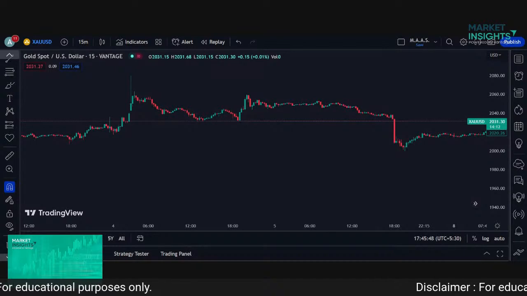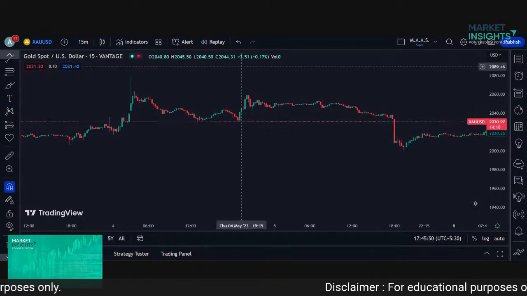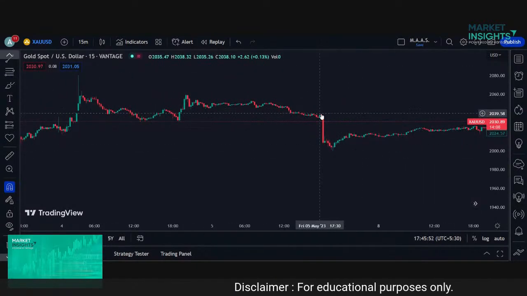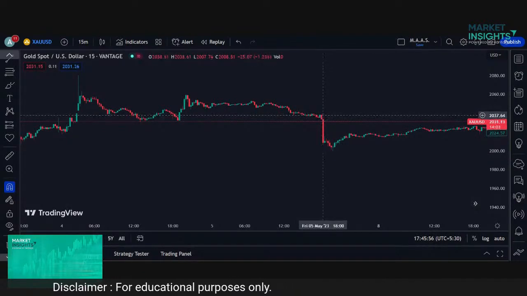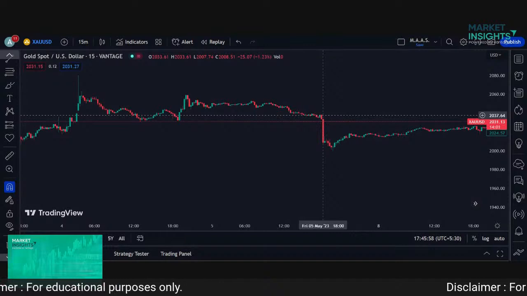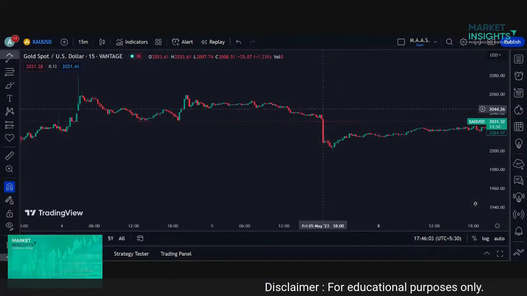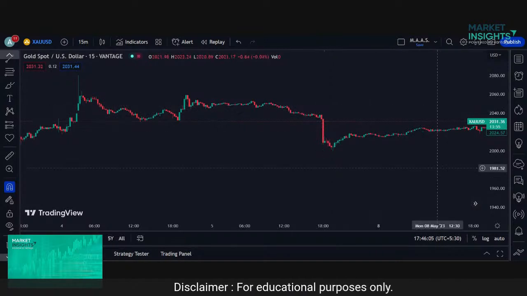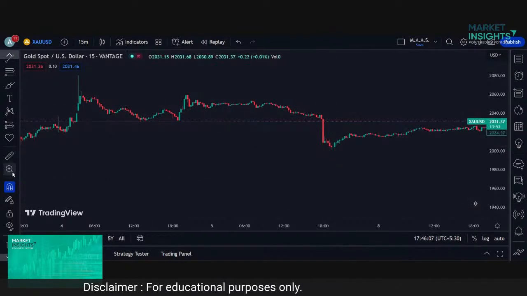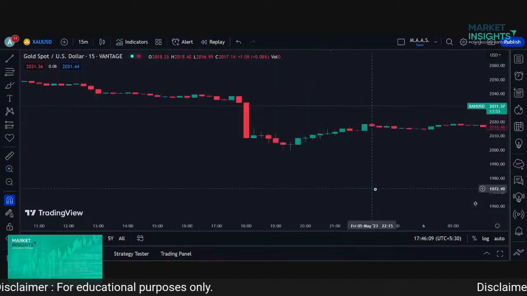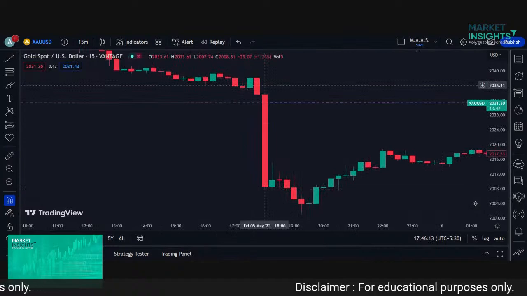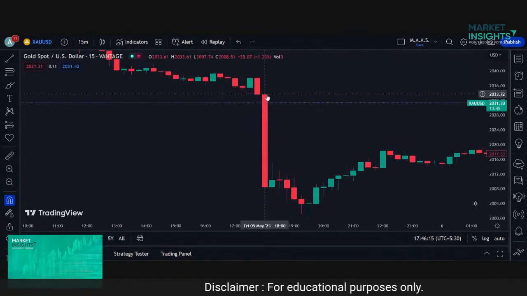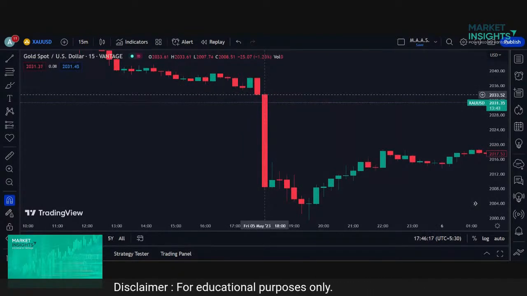And the last but not the least, the non-farm employment. Look at this, 5:45, 6 o'clock. See the movement, 1.23% within a 15-minute candle is mind blowing. And it is almost a Marubozu. Let me just zoom in to show it to you guys. Almost a Marubozu. Good enough for us to short gold at this point,